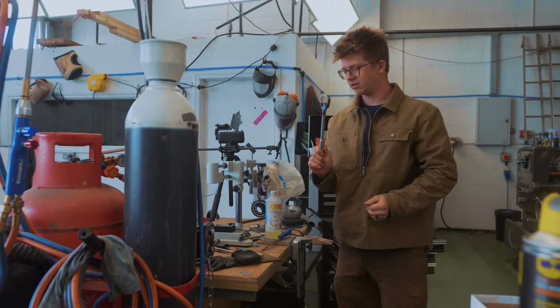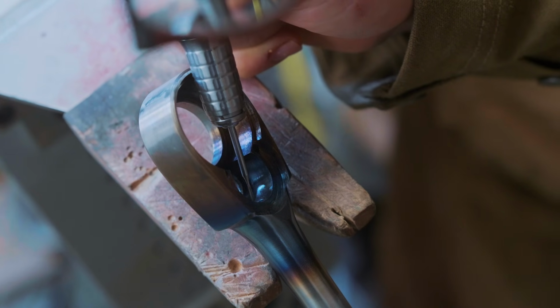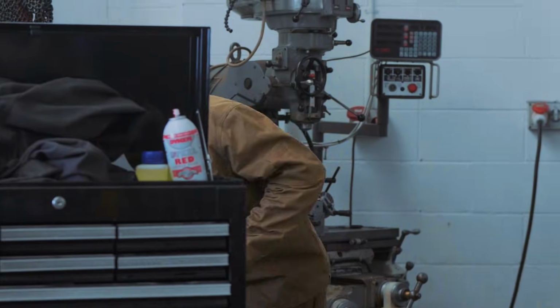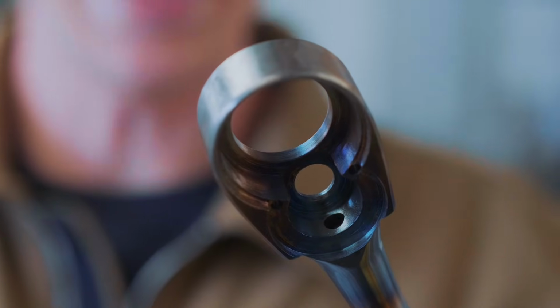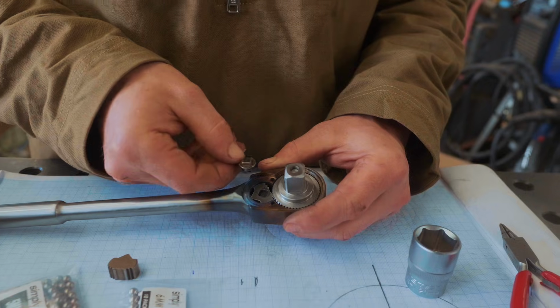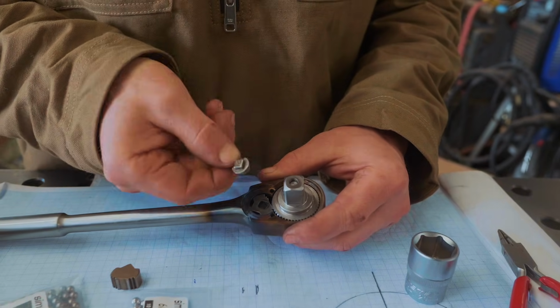I think I'm just knocking it further in. Yes! Jamie, we did it! I blew it out with the air compressor, but we did lose the ball and the spring, so it's time to make another spring. Ow! So now we need a means of turning our catch,